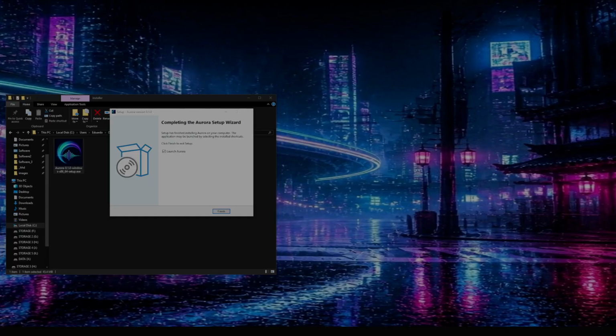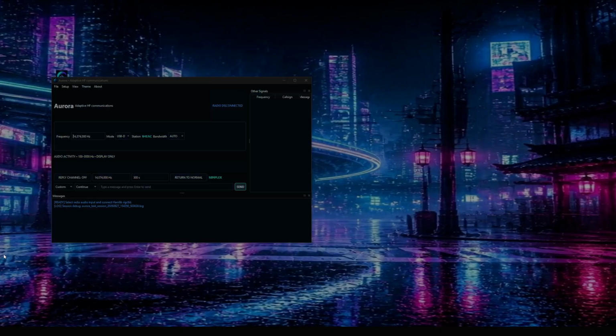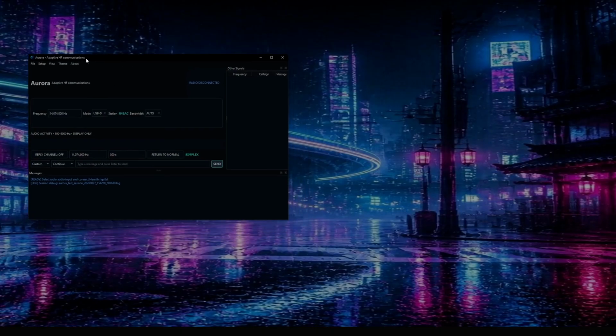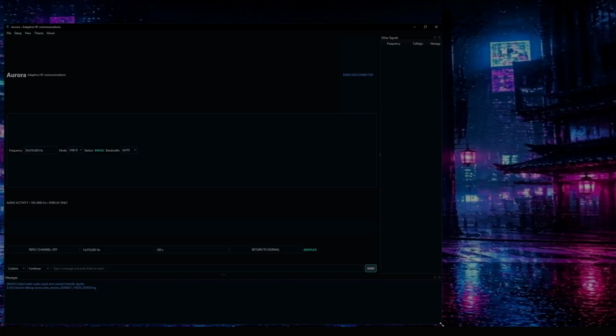Okay, the desktop icon is right here, and say launch. All right, so let's go ahead and launch it. Let's see what is going to pop up. Oh, right here. Cool. So this is the default layout. You can change this layout.